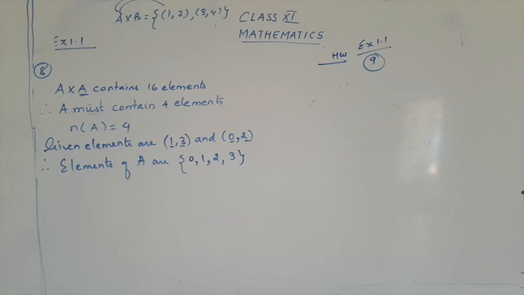(-1, 2) and (0, 1) are 2 elements of S, then find the remaining elements of S. So some details are given to you. Let us take one statement and see what details we collect from that particular information. Take down the question properly. If A cross A has 16 elements, the same manner we have followed in our 8th sum, yes? So let's see how to start with the answer.